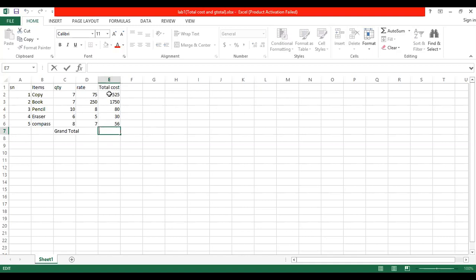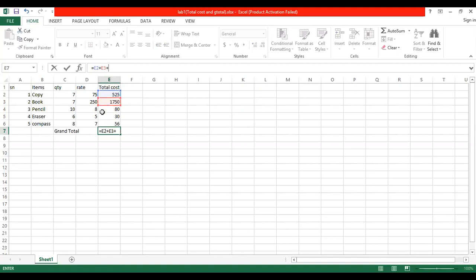If you use the long method, what is the cell address of the 525? You can do equals to 525, what is the cell address of this one? E and 2. You will do E2 plus 1750. What is the cell address of this one? E3. E3 plus, what is the cell address of this 80?